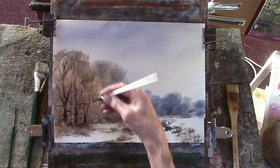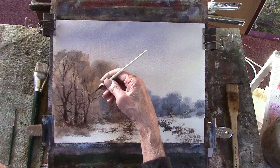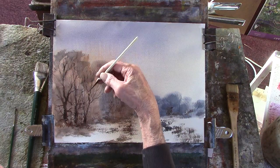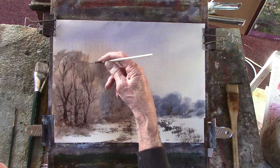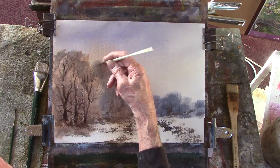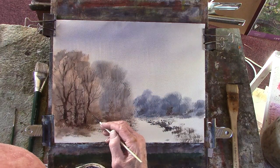Roland Hilder was very good at this. If you don't know Roland Hilder, look him up, Google him. One of our great watercolourists. Specialised mostly in Kent, it's a county in England, the southeast county nearest to France. Kent, lovely. We've had many holidays in Kent